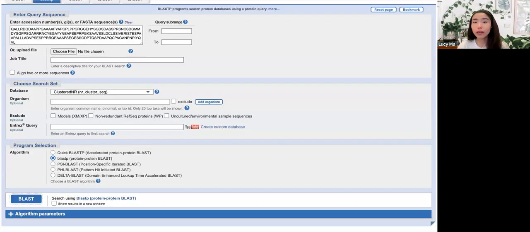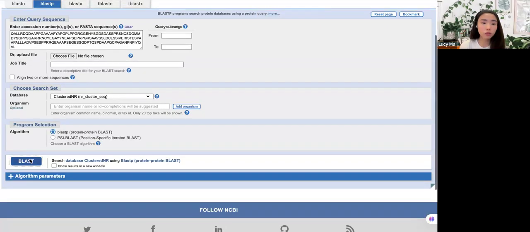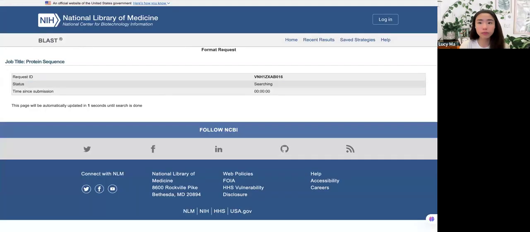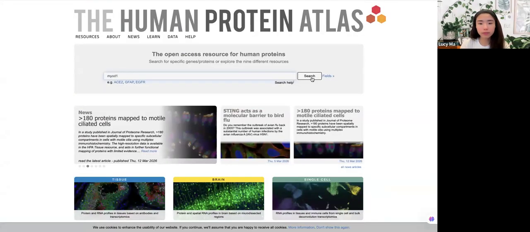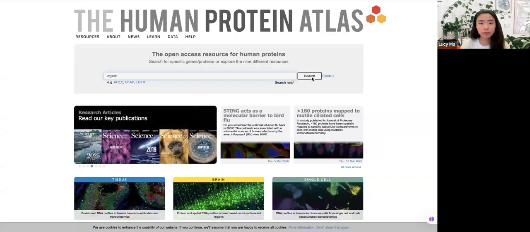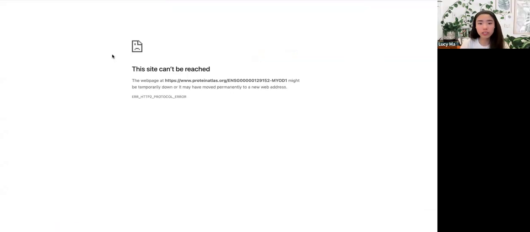This will take a little while. So while we're doing that, we're going to go into the Human Protein Atlas to look at the protein further. Okay, so let's say we want to search up ILD. Great. So now we have the gene description, as well as whether it's expressed in tissues, and if so, what types of tissues. So if we click into that,